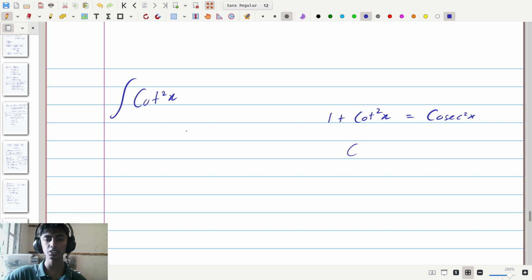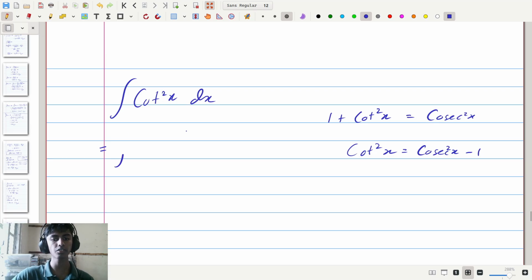Therefore, the cotangent squared of x is equal to the cosecant squared of x minus 1. Replacing that into here, we can see that the integral of cotangent squared of x with respect to x is equal to the integral of cosecant squared of x minus 1 with respect to x,